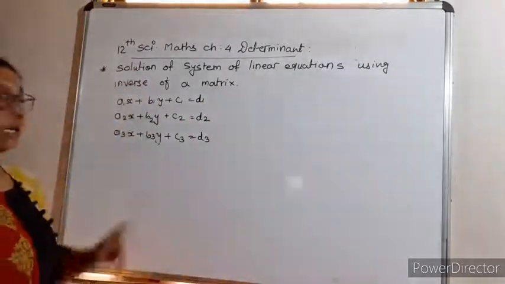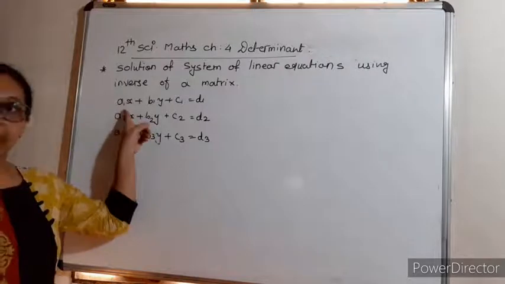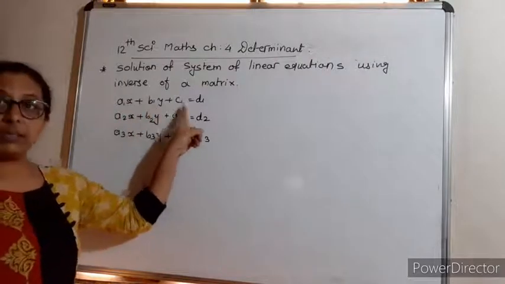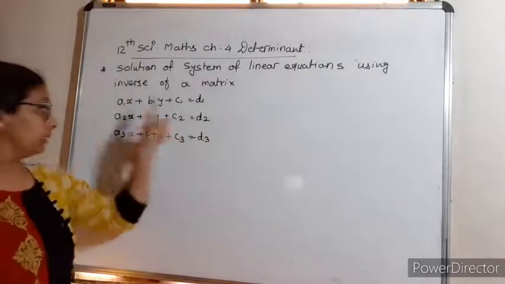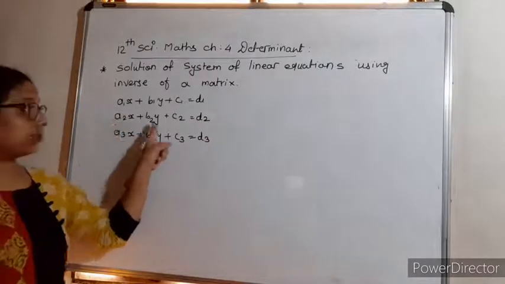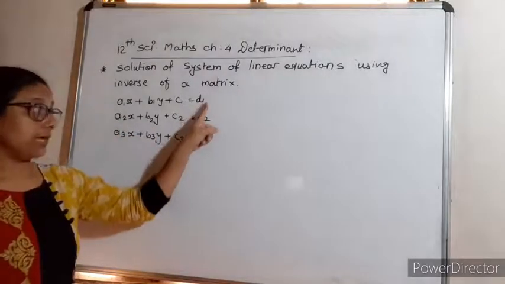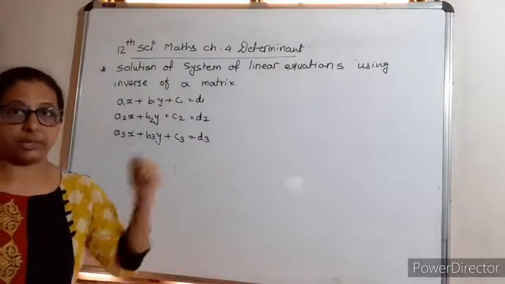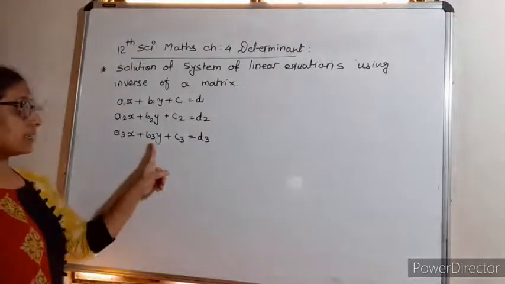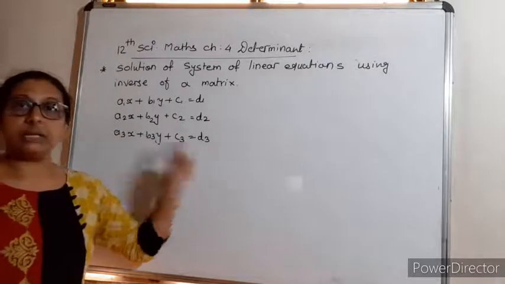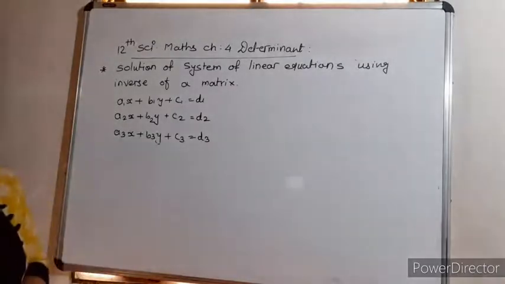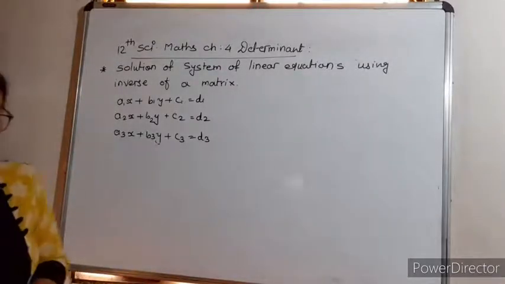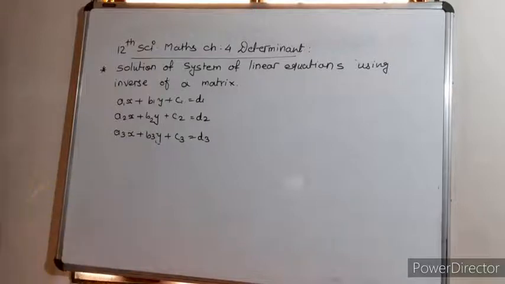Now here is the linear equation: a1x plus b1y plus c1z equal to d1, a2x plus b2y plus c2z equal to d2, a3x plus b3y plus c3z equal to d3. Here d1, d2, d3 are some constants, which may be 0 or may not be. These are our linear equations. Now if you want to solve these linear equations